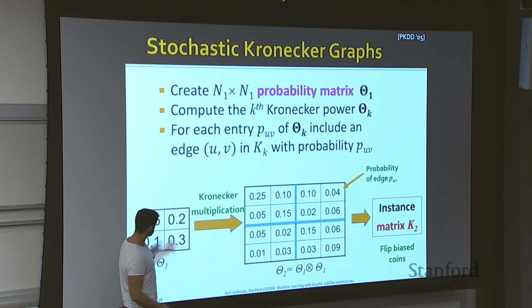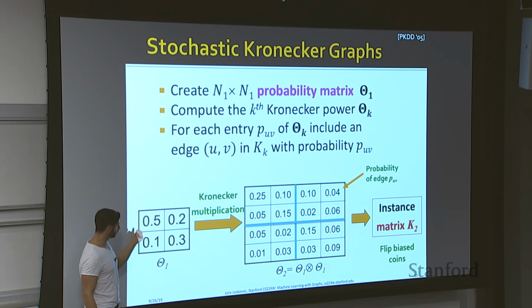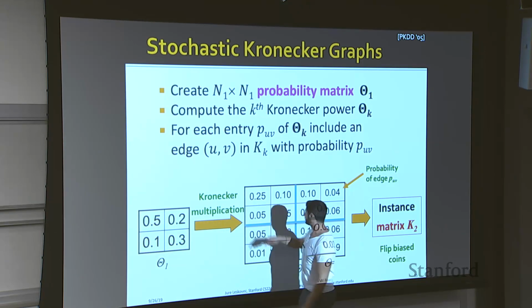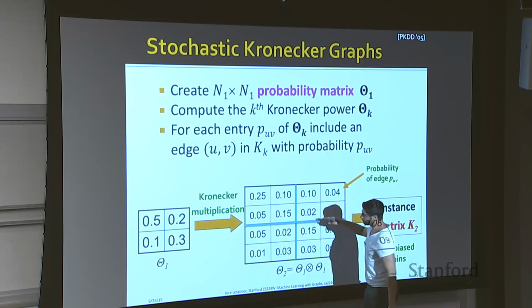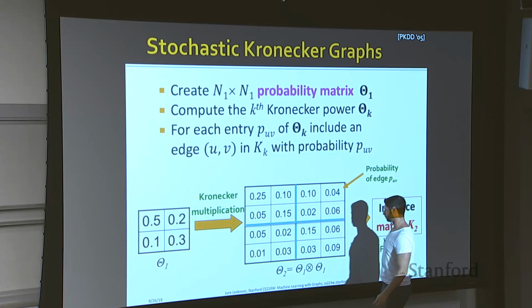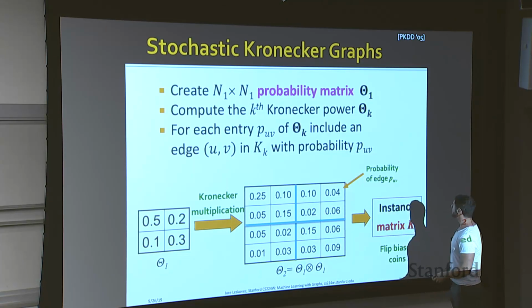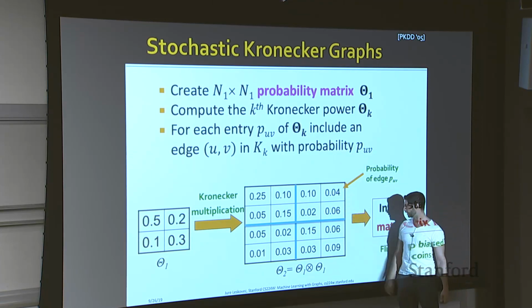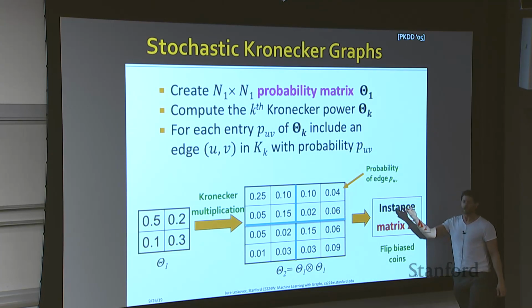You will recognize exactly the same operation that we were doing before. So you now have 0.5 times 0.5. Here we have 0.5 times 0.2, and so forth, okay? So we build our theta2, and this is the probability that a certain edge PUW will appear in our graph, okay? So as you can imagine, we can run through this template matrix and produce different instances of our graph,